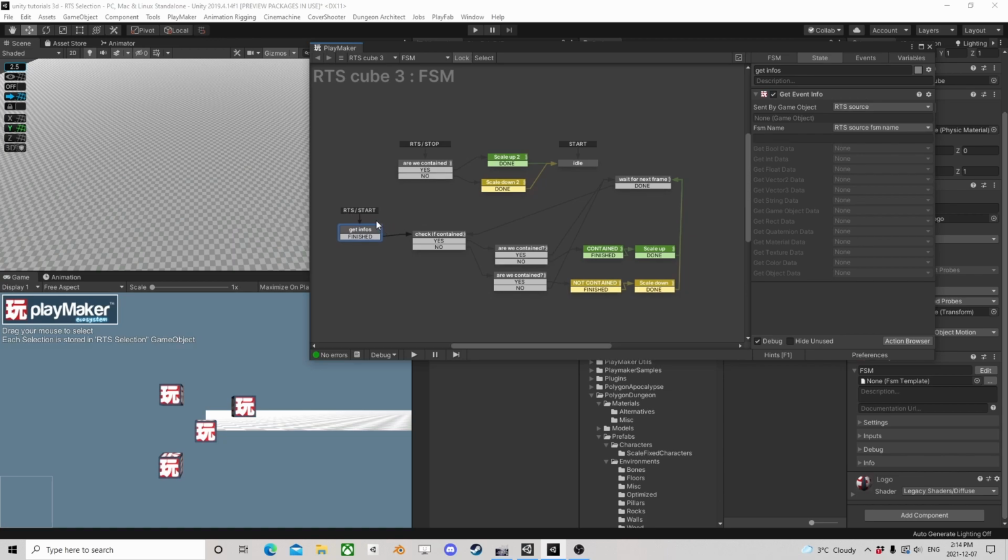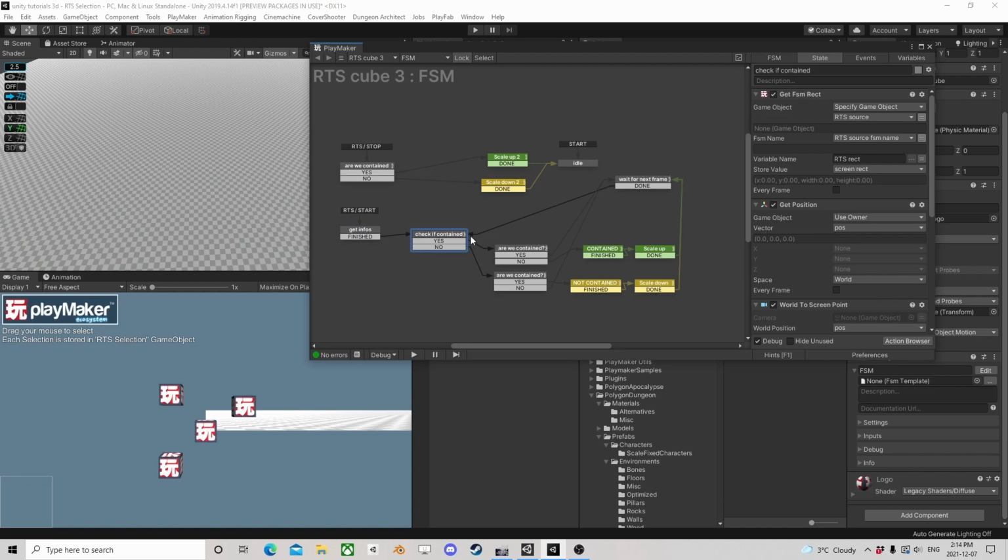We don't want this RTS start and stop getting this event info and stuff. The start and stop events are fine, but they're not going to come from a broadcast, right? So we're not going to get event info. We're going to delete those. The stop is fine there. And